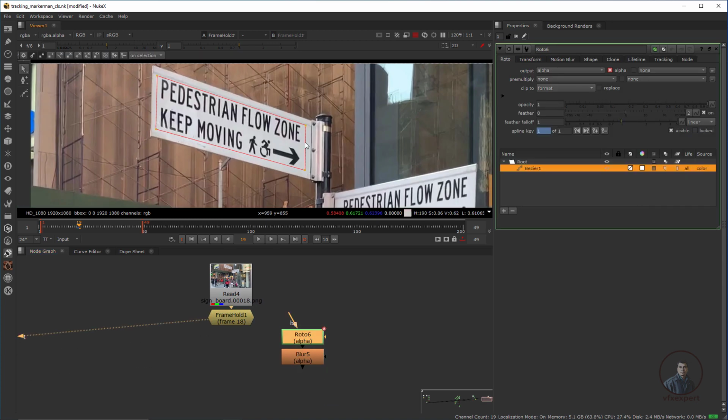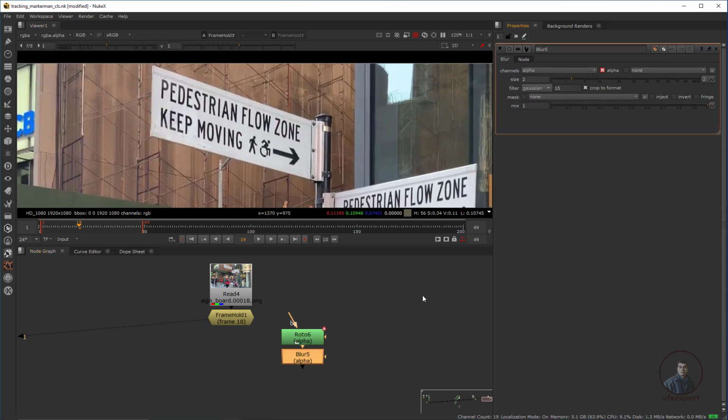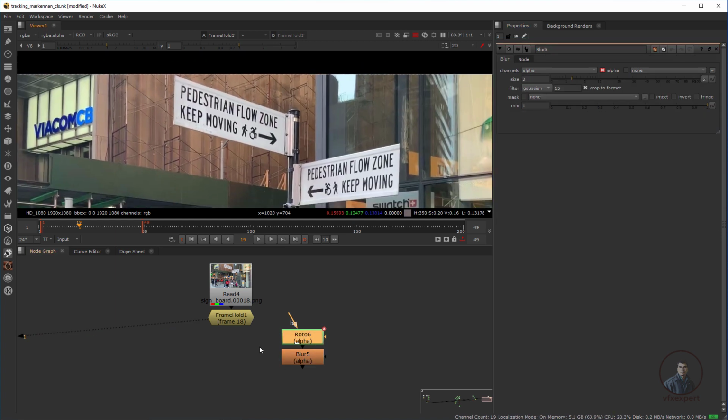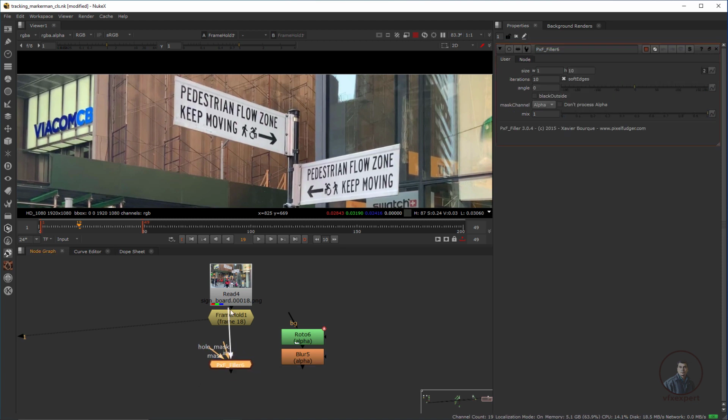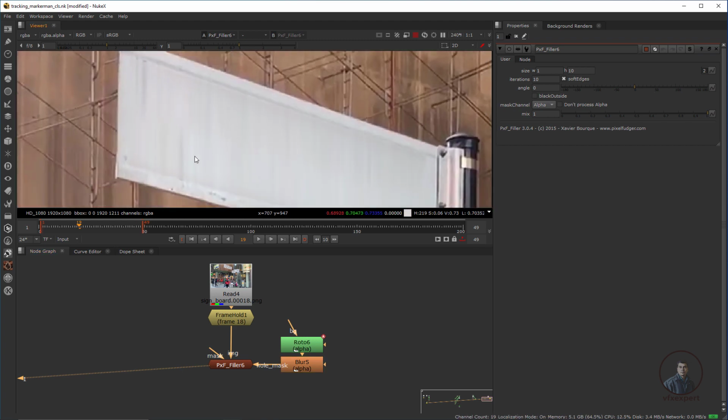So simply you can see this roto, and I have used some blur value, maybe 2 here. Then after this again we have to take a pxf filler. So again press tab and take a filler, and we can connect image with image and this mask hole with this roto node. Now select this one, press 1. So now we are getting this result here, but we are getting a little bit of stretched output. So you can see here this one.